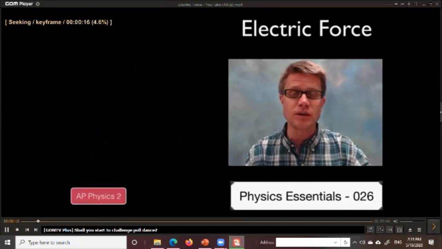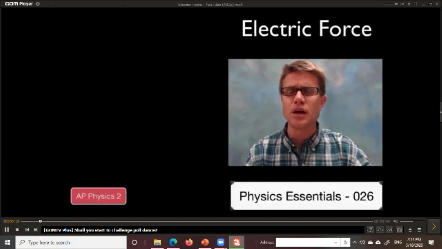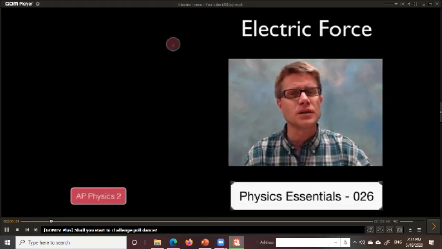See, it's invisible. And to figure out where it is, we're going to use a positive test charge. We're going to put a positive charge there, and we're just going to simply let it go, and I'll mark its original location. Watch what happens. Well, it's accelerating away. That means it must be experiencing a net force, and we call that an electric force that's being created by a charge inside this field.